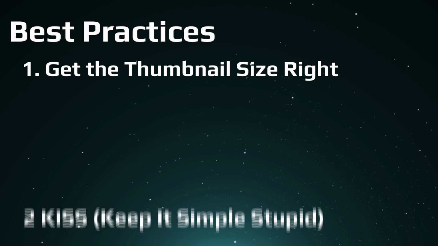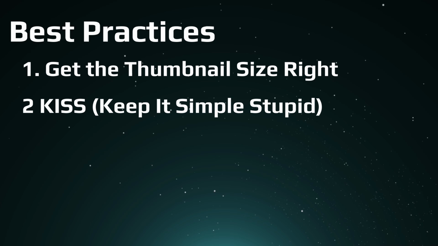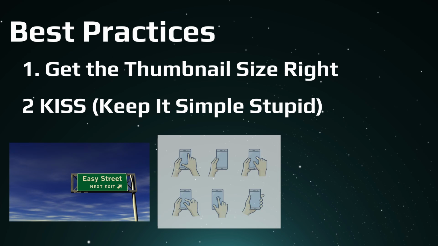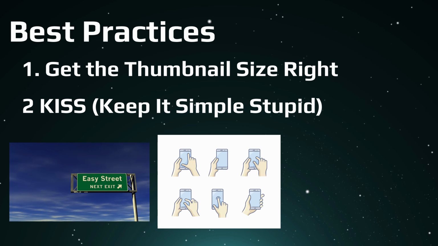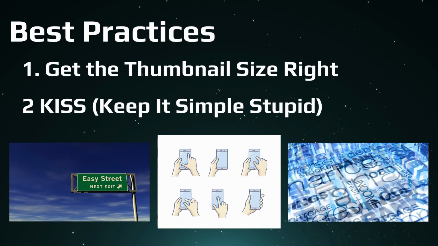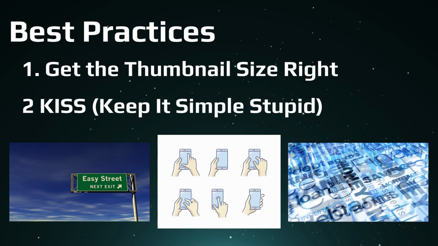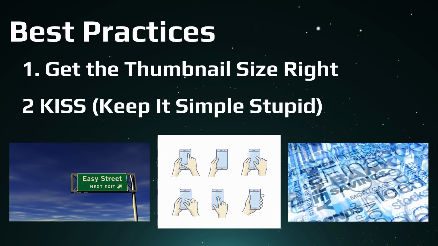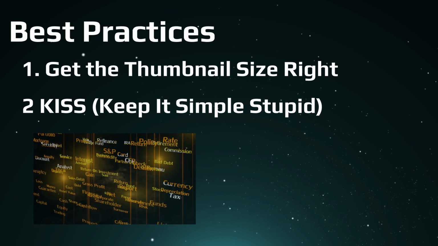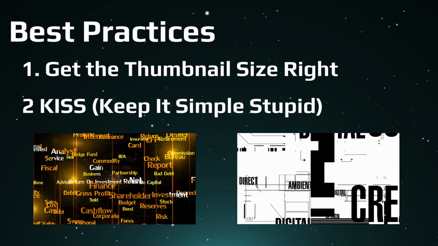Number 2, KISS. Keep it simple, stupid. There is a reason thumbnails are small, and remember that they are really small on mobile devices. Keep the thumbnail simple and concise by avoiding too much text or by making your text too small that someone can't read it. Avoid putting your entire title of the video in it since it already displays next to your thumbnail. Choose some key words from your title or the video content that expresses the experience the viewer can expect